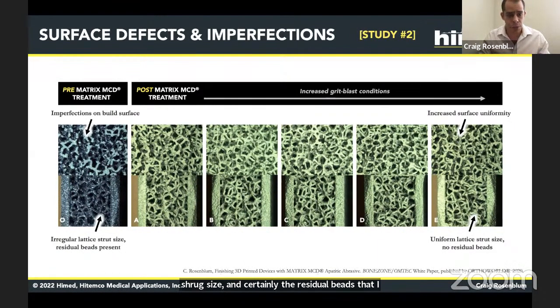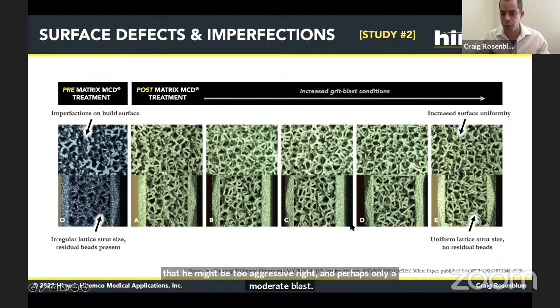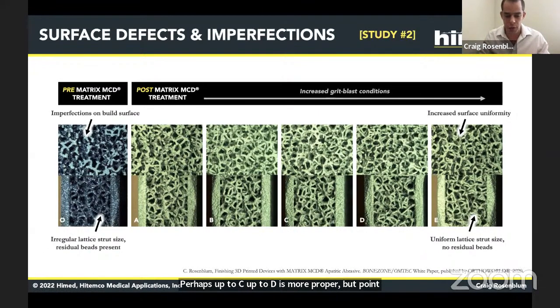So via matrix MCD processing, we're able to grit blast, and with increased grit blasting conditions, we can result in a surface which is customizable that removes those defects and imperfections. So the series of images A through E, someone might think that E might be too aggressive, right? And perhaps only a moderate blast, perhaps up to C, up to D is more proper. But point being, based on the needs of the device, ultimately the process can be customized so